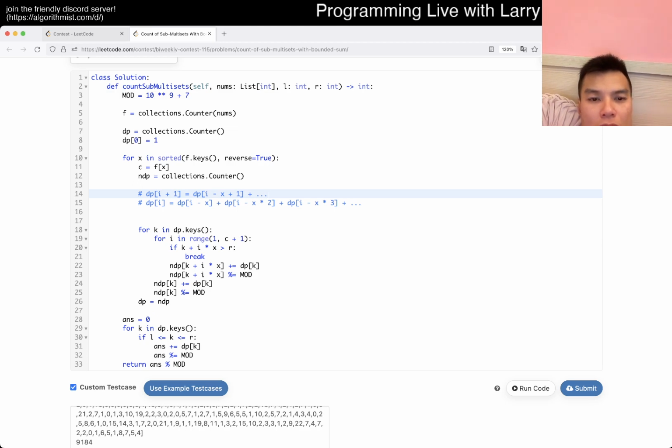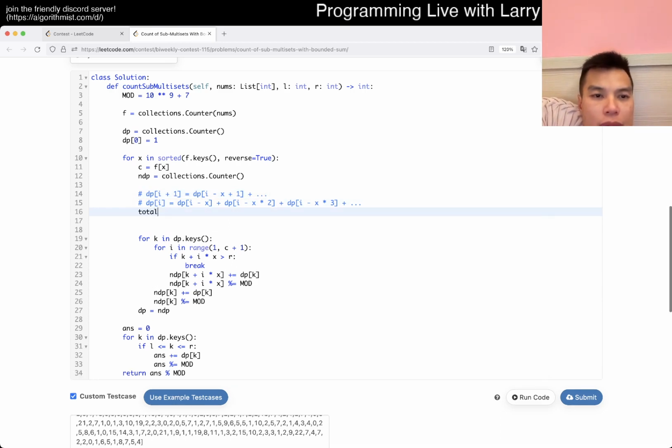I see. I think I kind of see how to do it. But so basically what we want is something like... I mean, I might have to kind of figure out how to optimize this, but